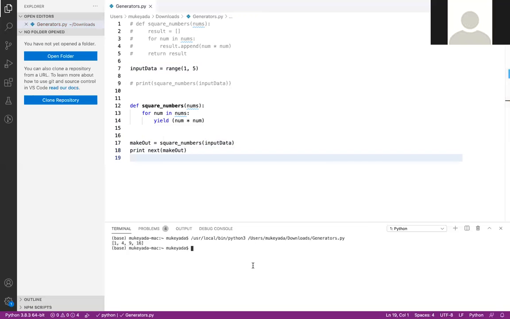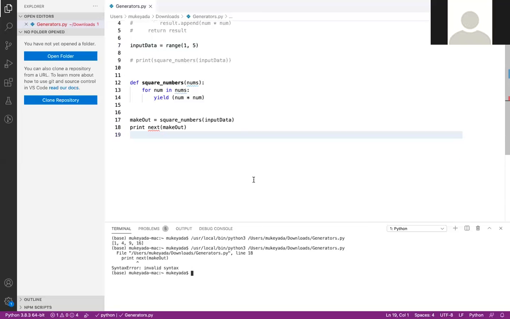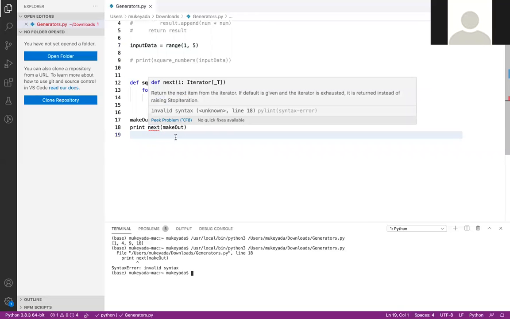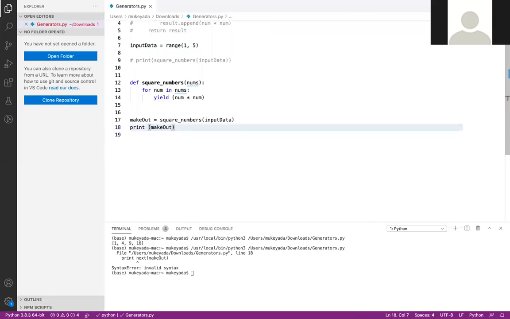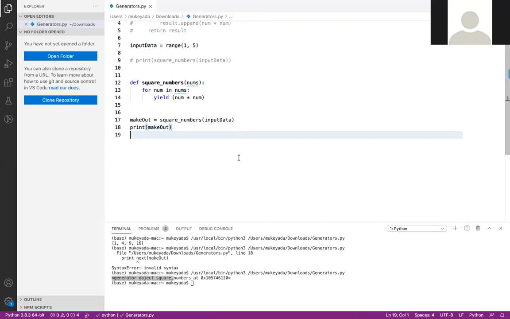Let's try to run. Here we are getting a generator object. The generator object is generated by the yield keyword. When we use the yield keyword, we are allowing the concept of generators, and this concept gives us a generator object.